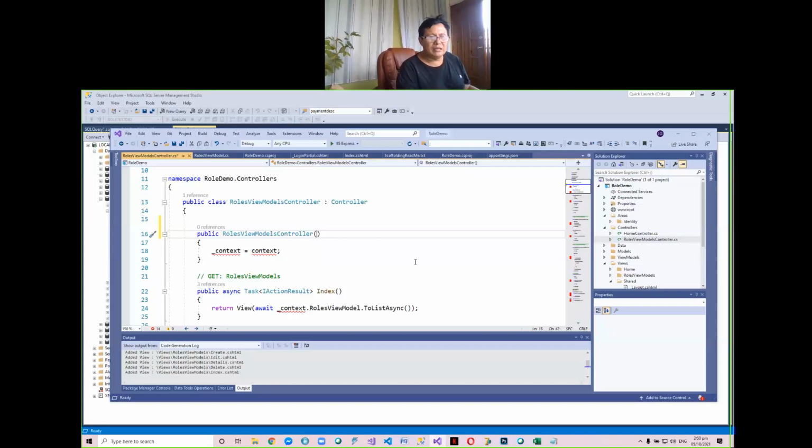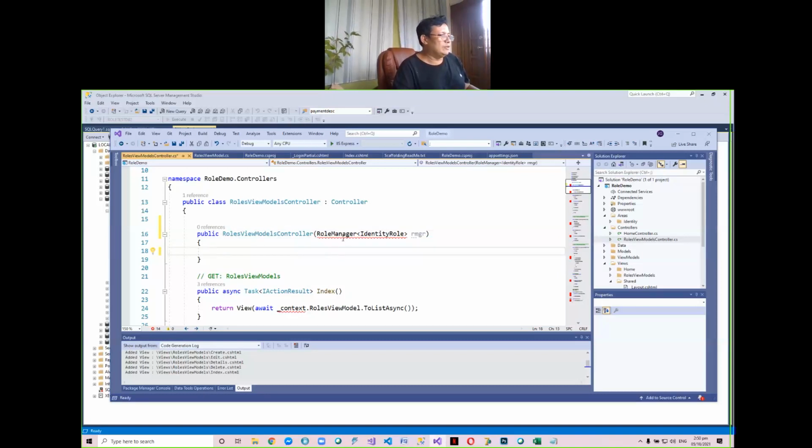I'm going to explain in a short while what dependency injection is. No? So, ganito yan. Role manager, identity role, RMGR. Okay, and then we'll remove this for the moment,